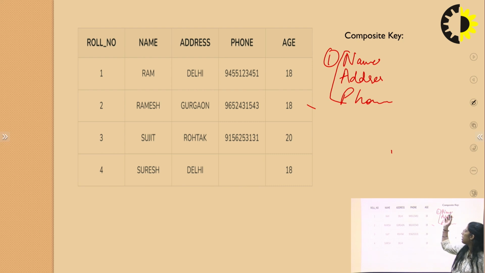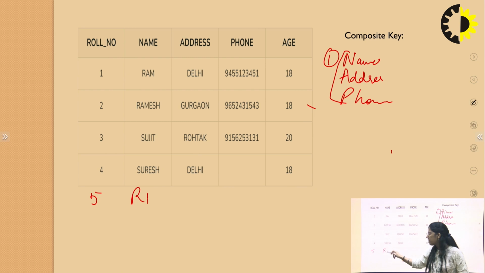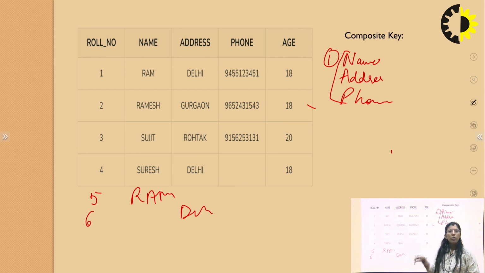So this can be considered as a composite key. If we take name separately, then there can be a fifth student who has Ram as name, or a sixth student who has the same address, Delhi, right? So when taken all together, these will identify a tuple uniquely, but when taken separately, they cannot identify a tuple uniquely.